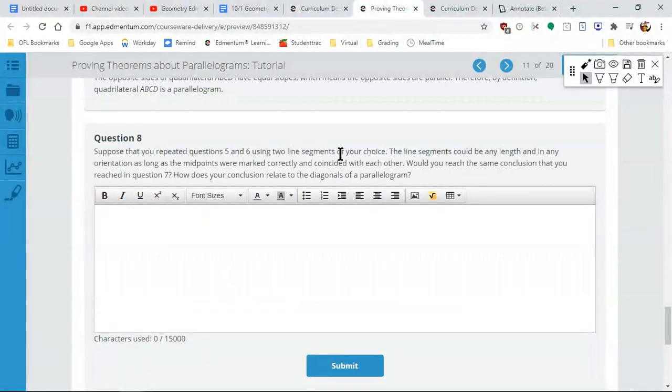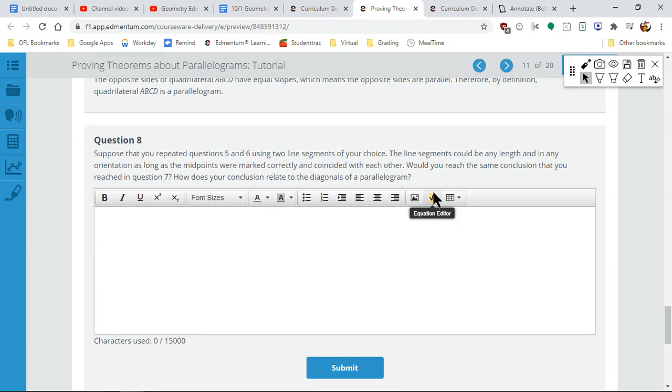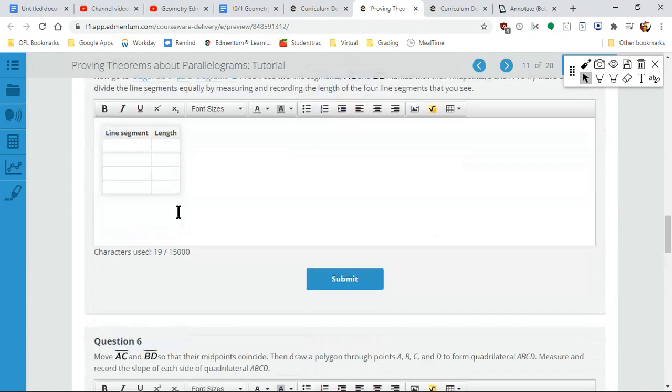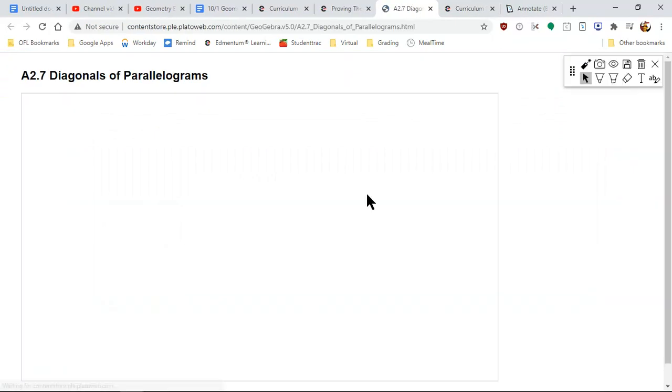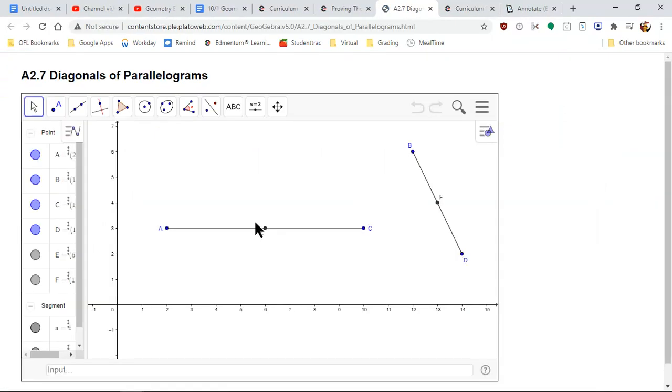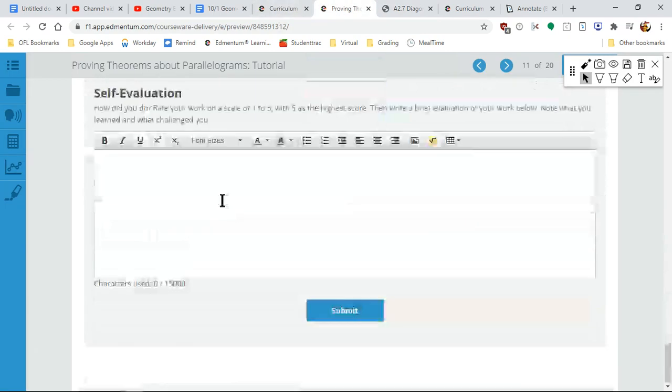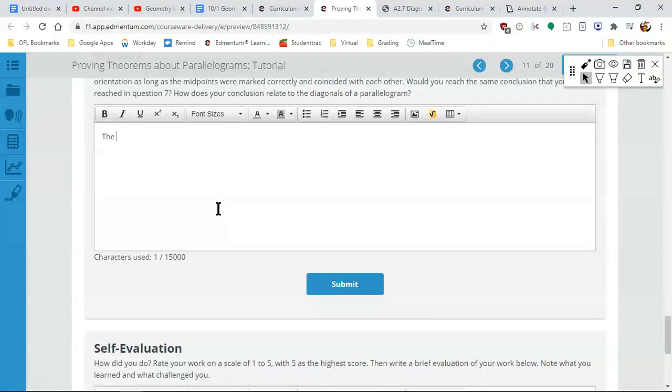Suppose you repeated steps 5 and 6 with different line segments. So if we did 5 and 6, measuring the diagonals, what did we do here? Oh, yeah, we created them. That's when we created the parallelogram. They should still create, oh, I can't spell today, I'm sorry, guys, a parallelogram